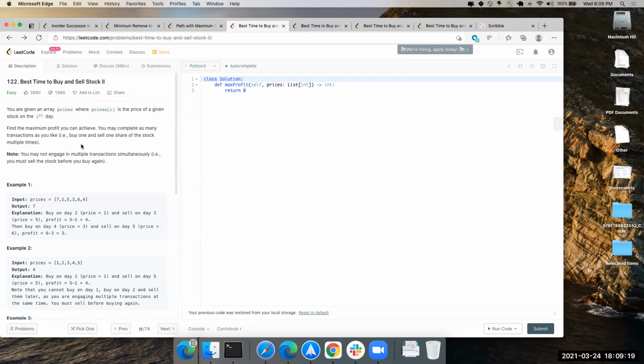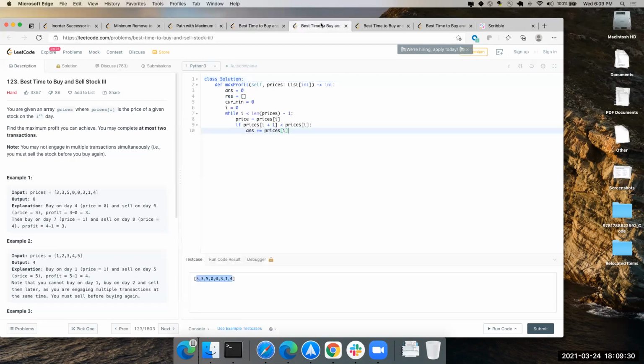If you keep going forward, there's an increase, and then if there's a dip, you again start another transaction. And then we came to 3, which says at most 2. So that means there can be 1 or 2. For this, we actually use the previous algorithm also.